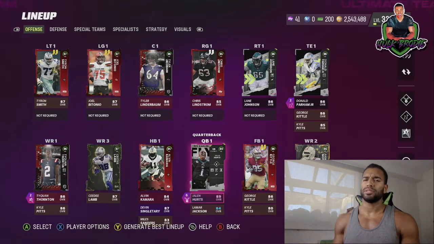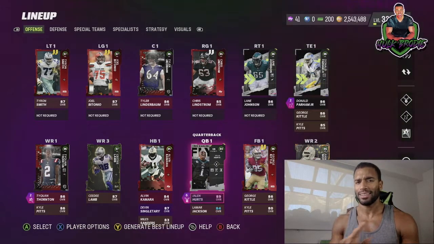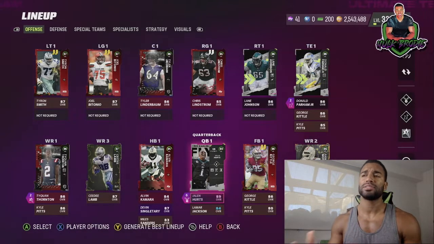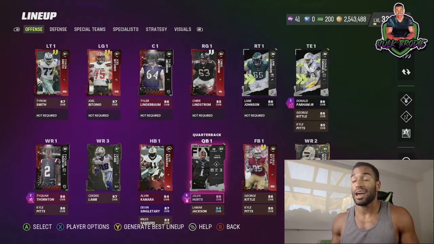So I'm like, okay, let me use him. I run the ball with my quarterback a lot. He's got great throwing stats. He's got 85 speed. He came with quick draw. I was like, let me try him out. He's nice. I think, personally, he's the best QB in the game. But I haven't used, like, Aaron Rodgers yet. I do have